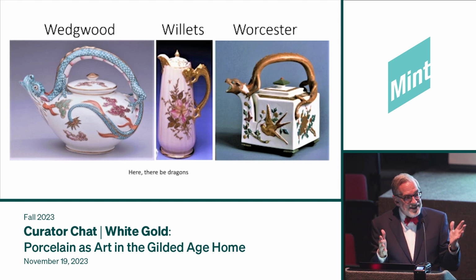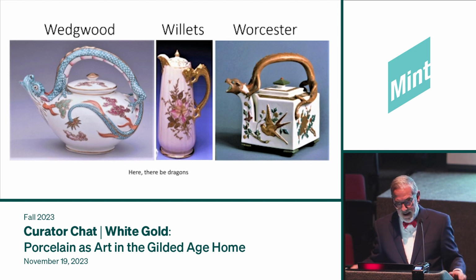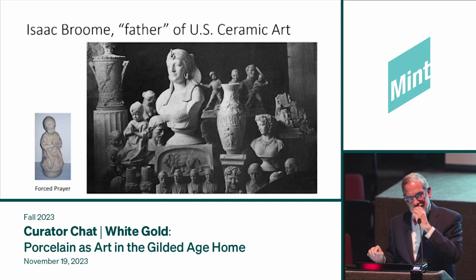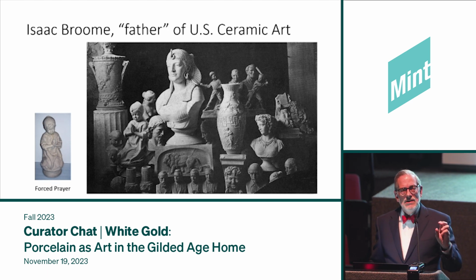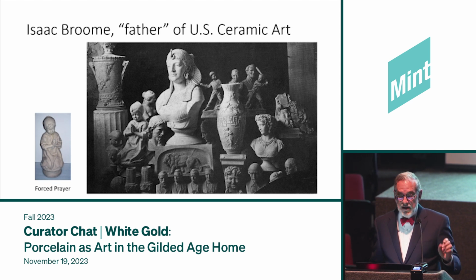But it just shows you that this is what was in the air, and all of this stuff was being sold by places like Tiffany's. Every luxury department store in the country sold this kind of stuff in the 19th century. Now, a sidebar here, because it is important to understand that one of the origins of porcelain as art